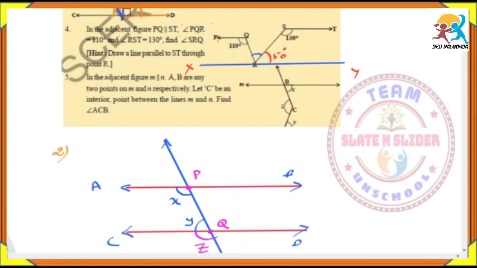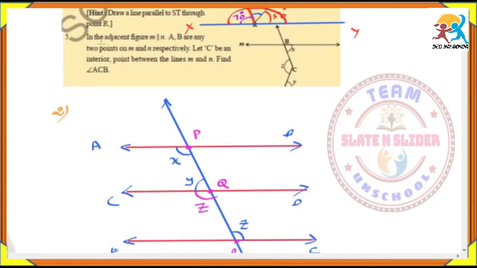The same situation: the line PQ is parallel to XY from the construction and QR is the transversal. So definitely these two angles' sum should be 180, so it will be 70. XY is a straight line, so the total angle will be 180 degrees. So 70 plus 50 is 120, then it will be 60. Just do it in the notebook. And I will explain the next one, the fifth question.